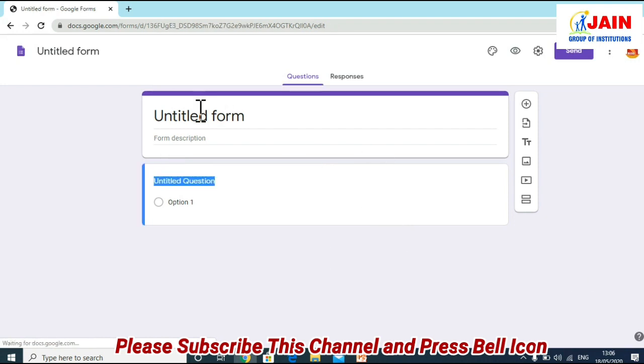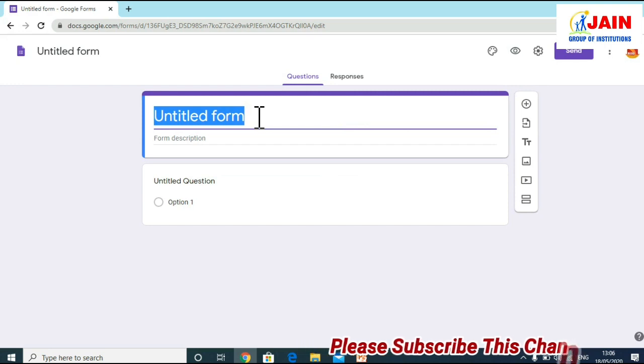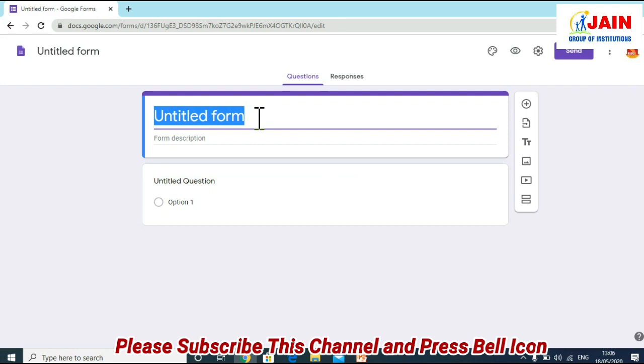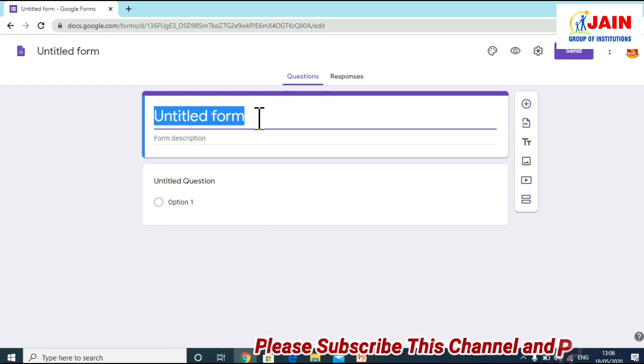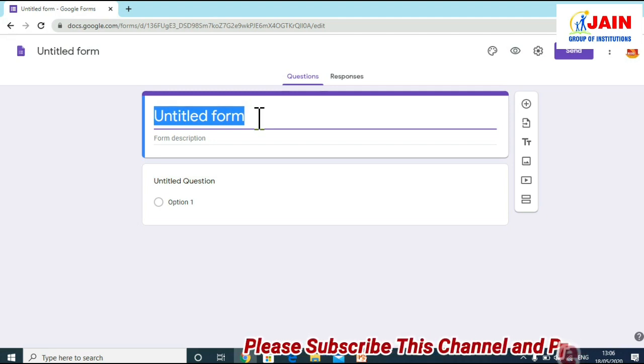Here it is. This is an untitled blank Google Form that could be used by you to make a quiz for the students, the link of which we will share after making it, which can be shared by using WhatsApp or Gmail, whatever is favorable for you. You can share it with your students. For example, I am making a quiz on a computer test. Then I will give a title,